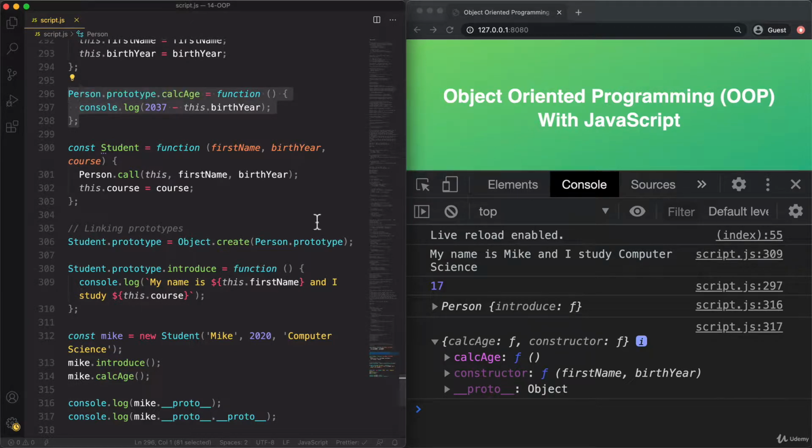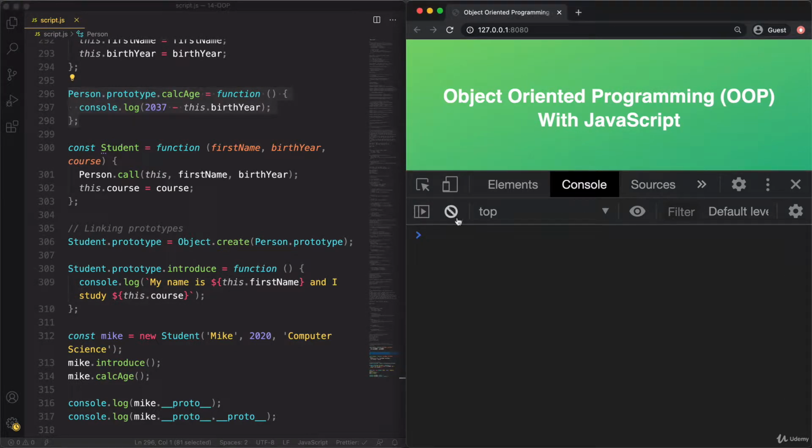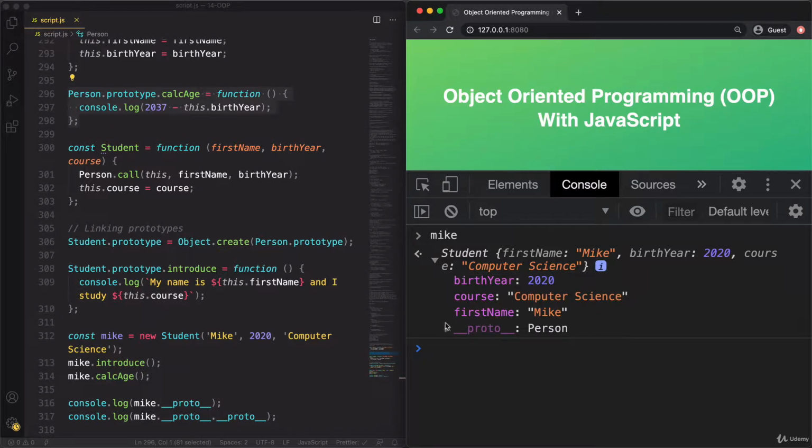Right? And maybe it's even easier to visualize in the console like this. So taking a look at Mike itself, and then Mike's prototype is a Person here, which is actually not correct, and we will fix that in a second. So, I mean, the prototype chain, everything is correct, but here it should say Student.